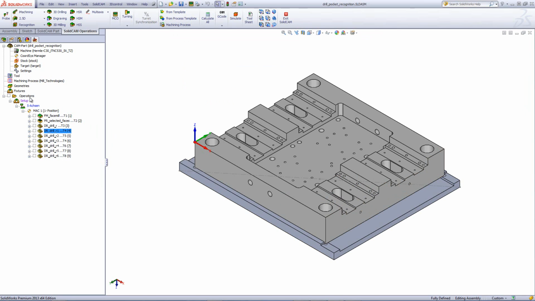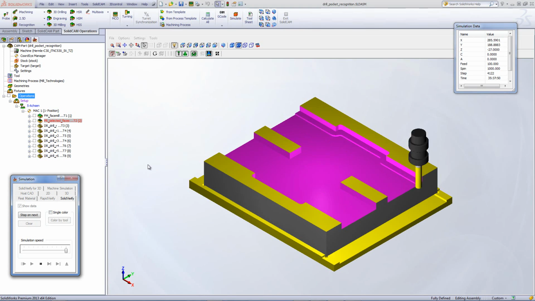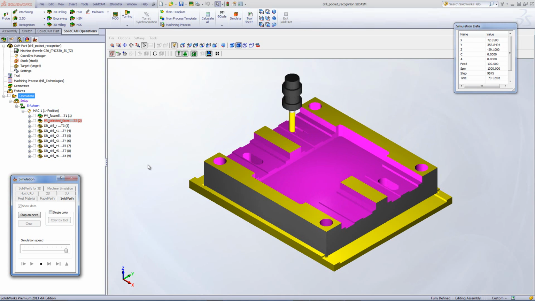If we take a look at the simulation on the entire part, you can see we first have our pocket recognition milling out every single pocket automatically within one operation. Then we have the spot drilling every single one of those holes according to their respective depth and diameter. And then we go on to the rest of the operations, each one with their individually sized drill being recognized